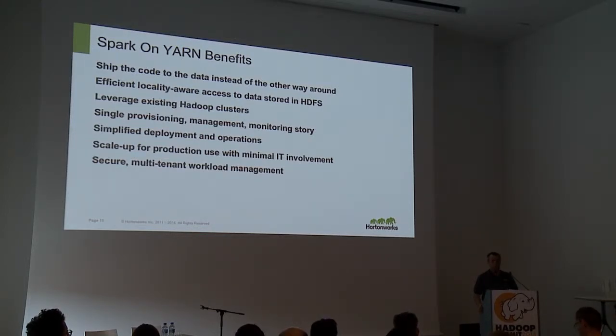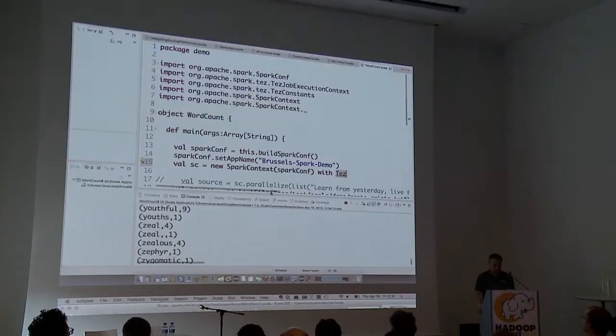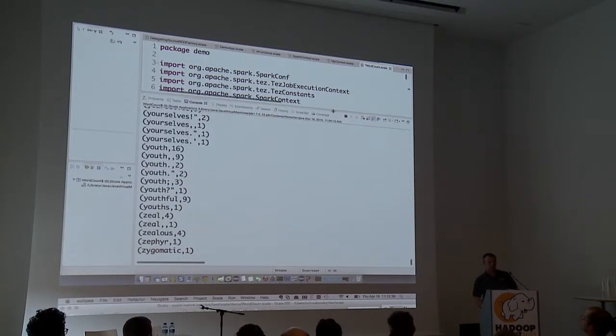A lot of questions, that's good. So I see the huge benefit of using the Tez backend for Spark, especially when it comes to the shuffle phase and also container resizing. But in light of the most recent releases of Spark, basically 1.3, where you have dynamic container allocation and sort-based shuffle for Spark, what's your opinion on the benefits of using Tez in this context?